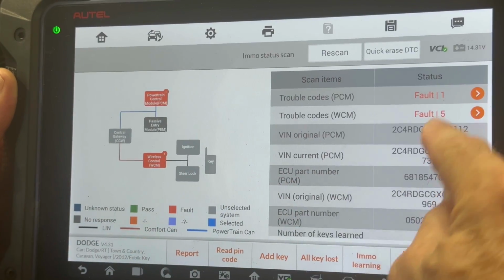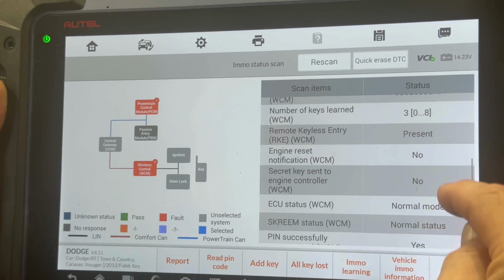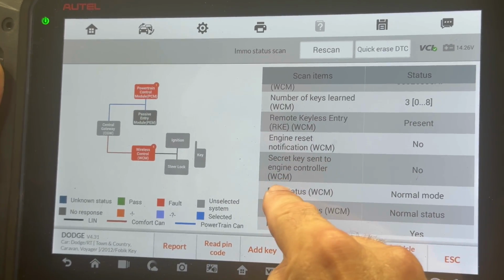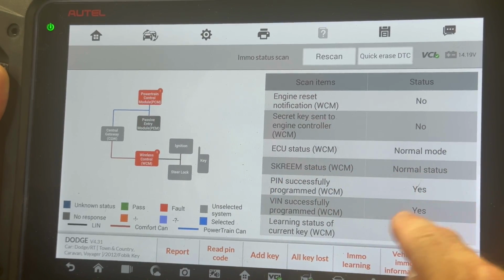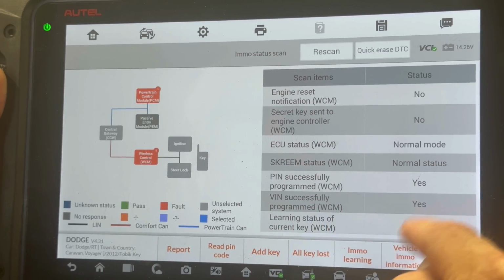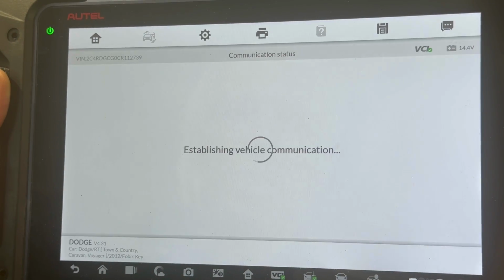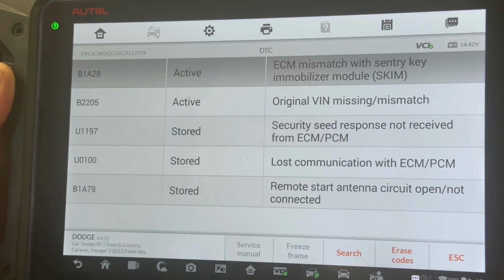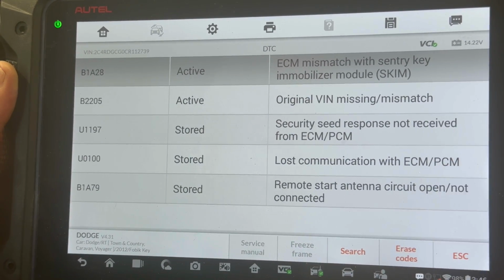And we can actually look here. So we got WCM. Secret key sent to engine controller, WCM, no. Normal mode, screen, normal status. Pin successfully programmed, yes. So that stuff's in the WCM, okay. If we go into the WCM, let's look at what the codes are in it. ECM mismatch. So that's our problem, is right now we've got an ECM mismatch issue, which we 100% knew we were going to have